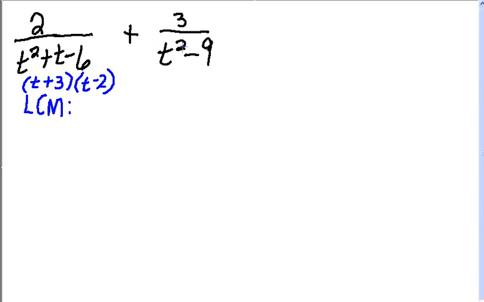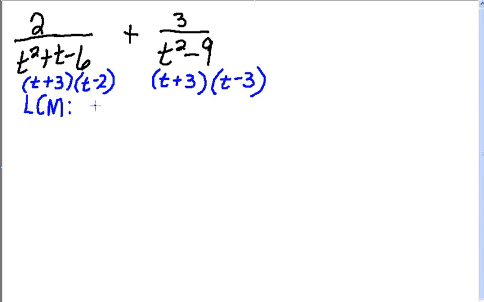Here I see I have a perfect square, t squared, and here I have a perfect square, 3 squared is 9, and a subtraction sign in the middle. So applying what we call the difference of squares formula, we get t plus 3, t minus 3. And now, in order to determine my least common multiple, I list each factor the most number